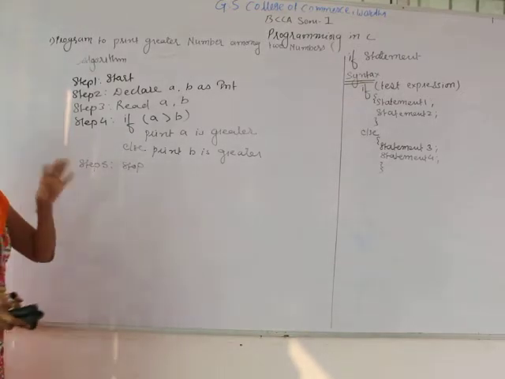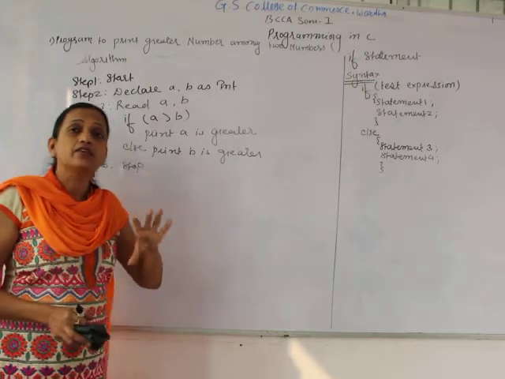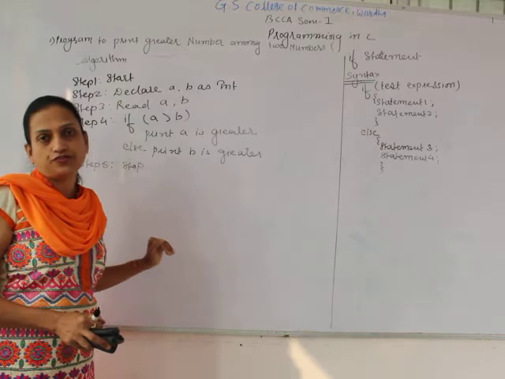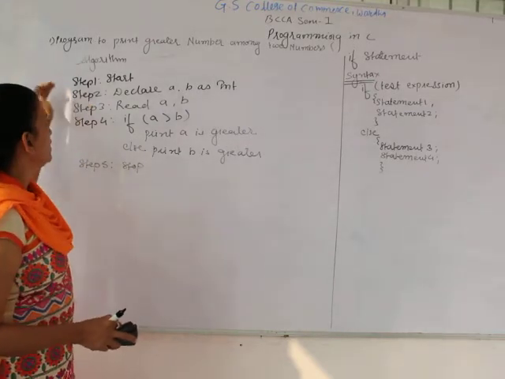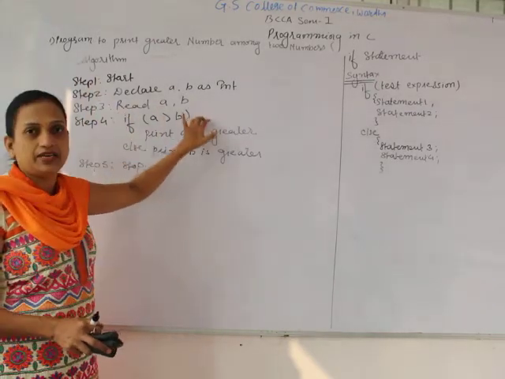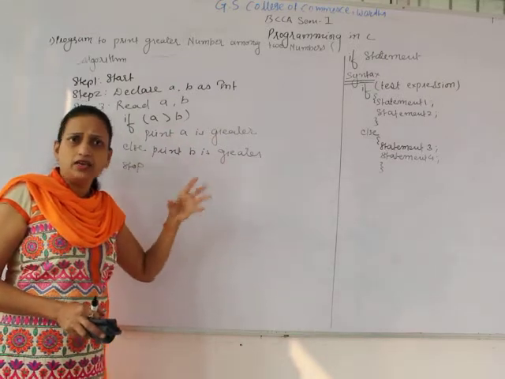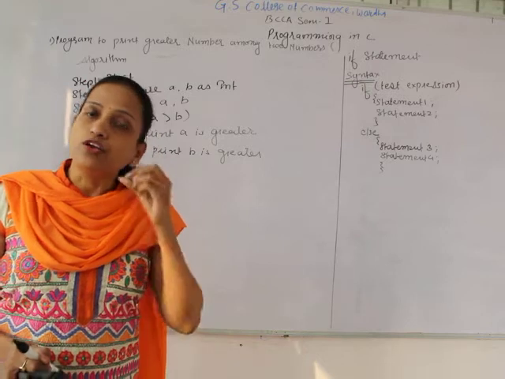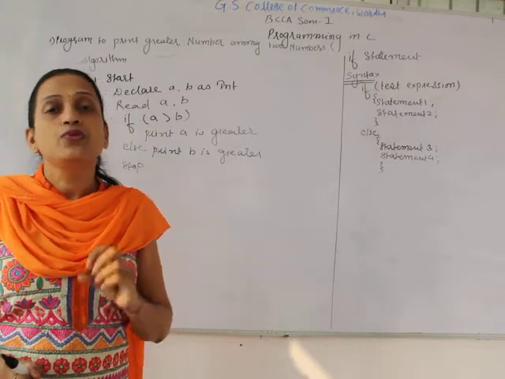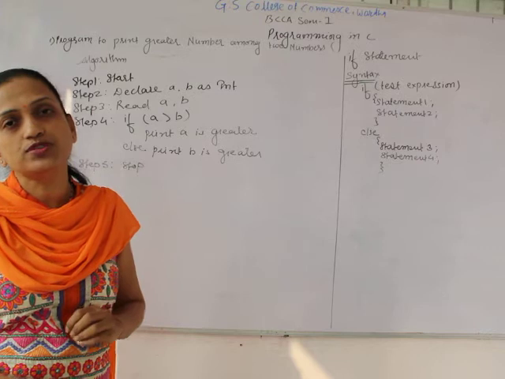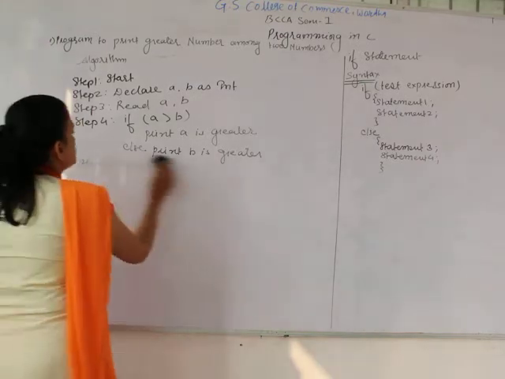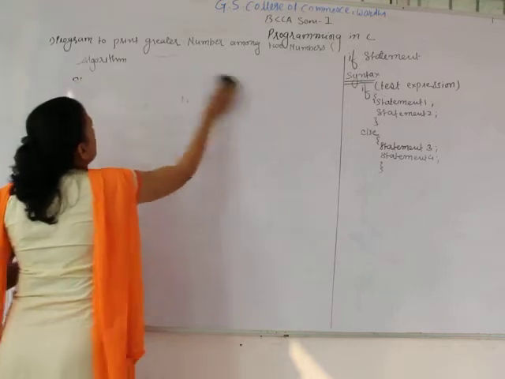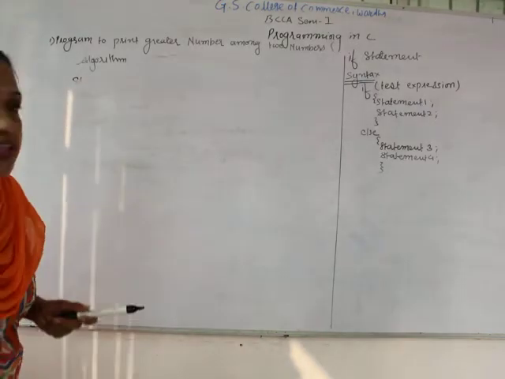As I told you, there are no standard rules to follow to write the stepwise procedure of your program. So you can directly write read a and b, which implies it is declared. But as the program needs, you have to declare each and every variable which you are going to use in your program. Next is the flowchart, and here I am going to explain the flowchart of this.